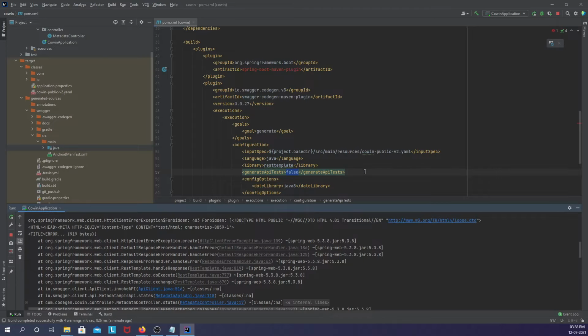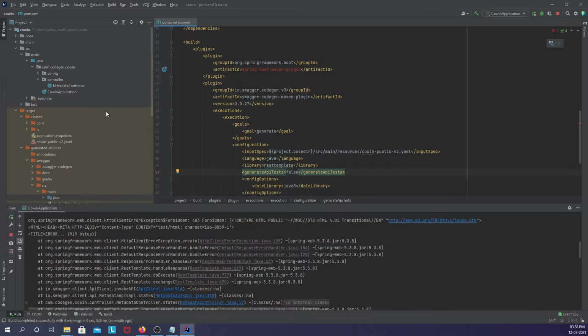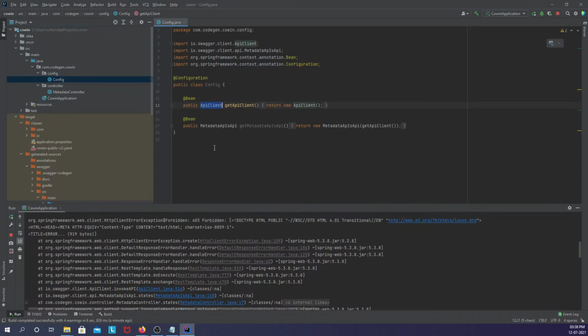After troubleshooting this, I get to know that there is some configuration change which we need to make to be able to invoke these APIs. So here we have this API client, right?